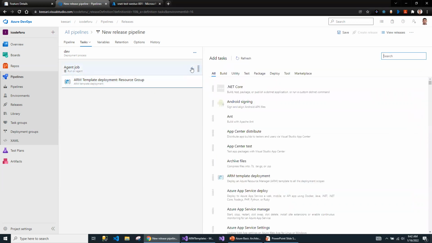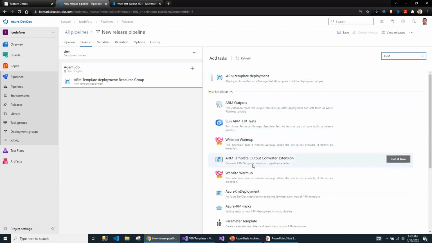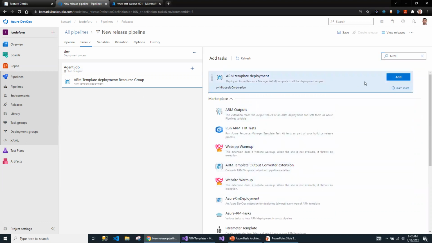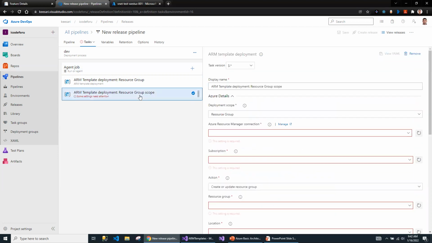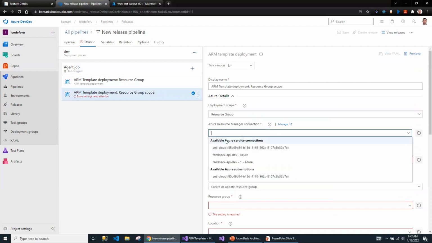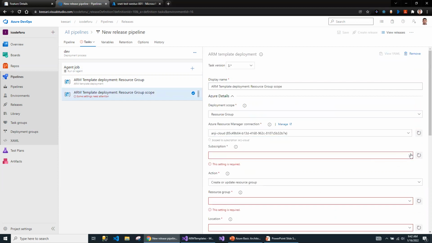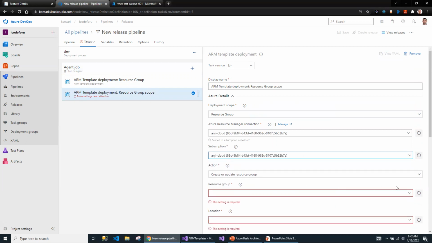And so let me create another RM template task for my virtual network. So let's search with the RM template deployment task. And this time I'm going to use the same service principal and the same subscription.